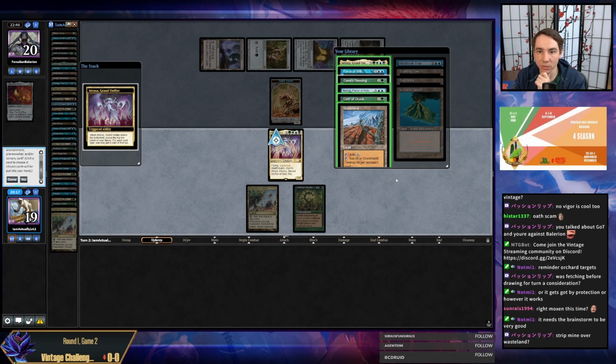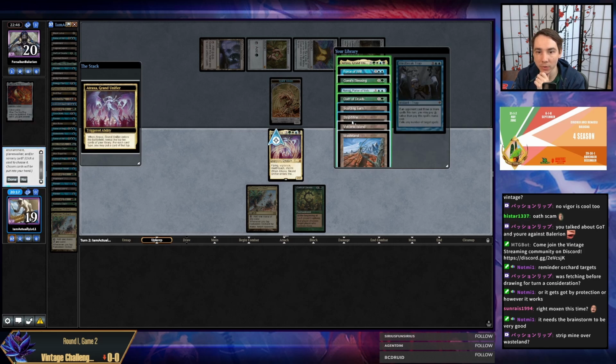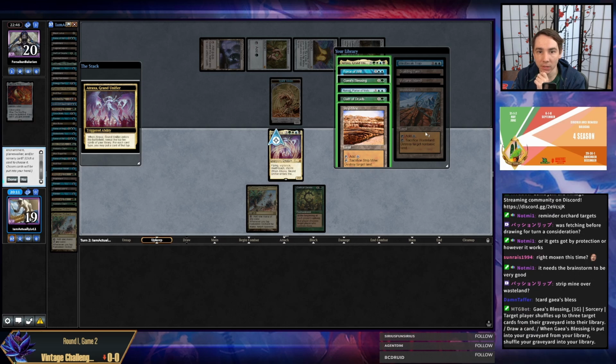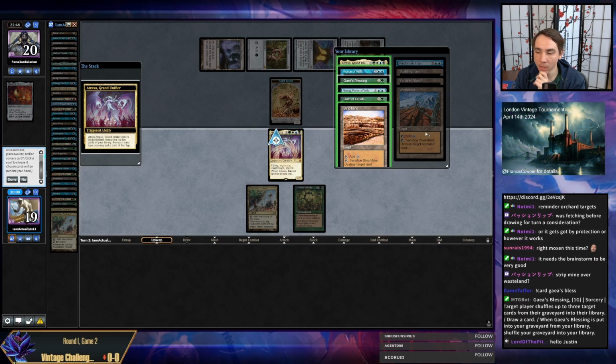I mean, there's actual functional no difference between Strip Mine and Wasteland, but sure, if it makes you happy. I guess they theoretically could have an island, but I'm never gonna hit the island, so I'm using it to Wasteland their workshop right now, no matter what. And then I'm shuffling my whole library back into my deck. So